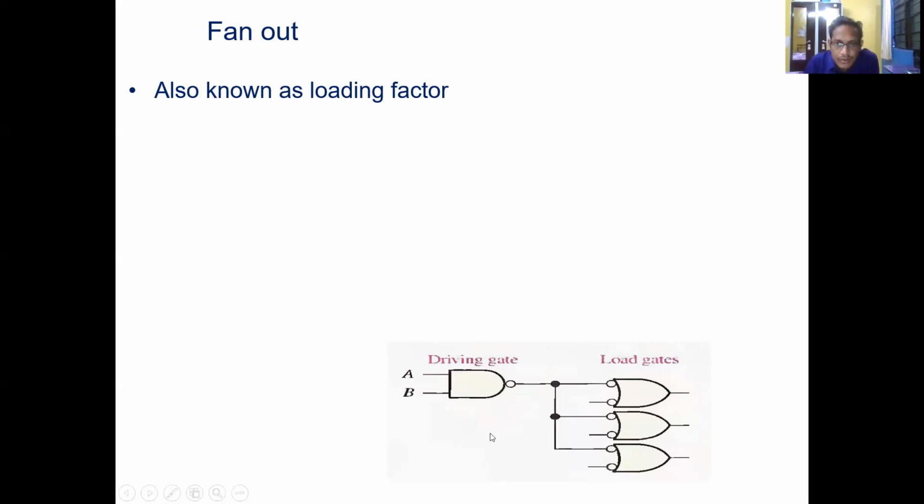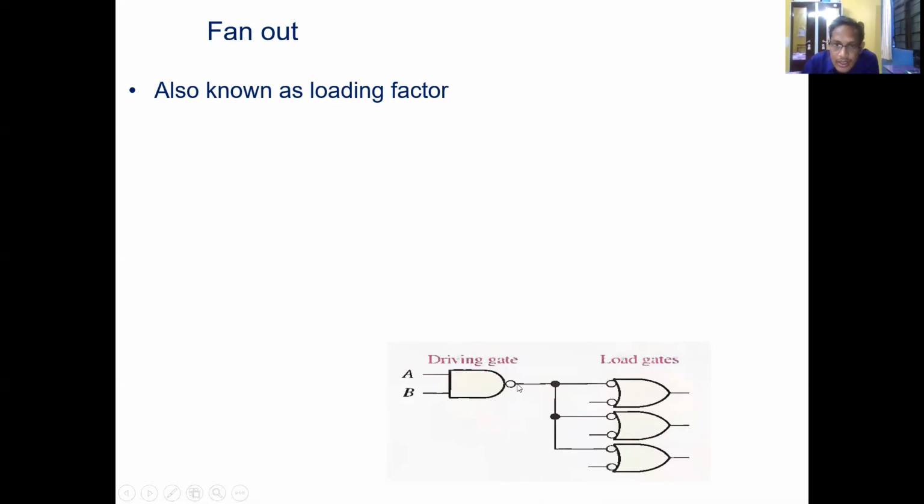If I look here, this is nothing but a NAND gate. By the NAND gate property, when both the inputs are 0, 0, it shows the output 1. Output 1 means the output voltage is 5 volts, the maximum voltage, and the maximum current is there. Whatever current is produced at the output of this NAND gate will drive a number of gates. How many gates can be driven by the output current of the particular gate? So this is called the driving gate. This is called the loading gate.